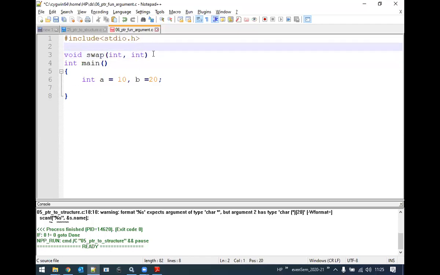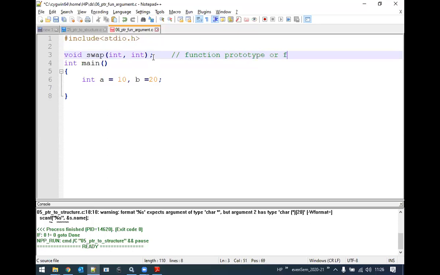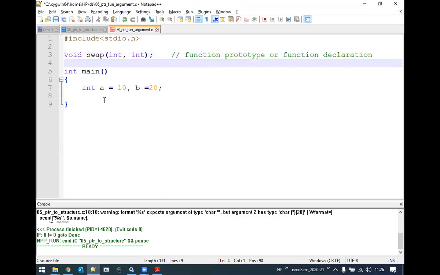Fourth part is the semicolon. So it is treated as a function prototype or function declaration.